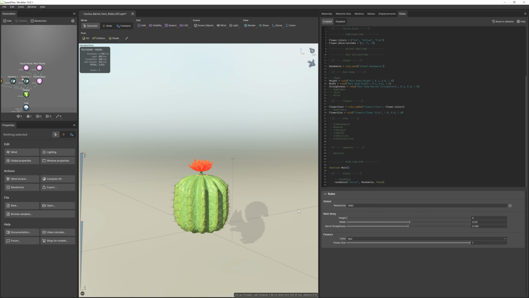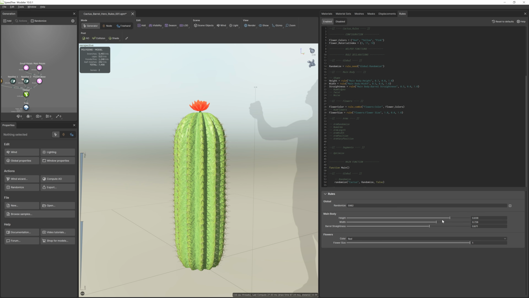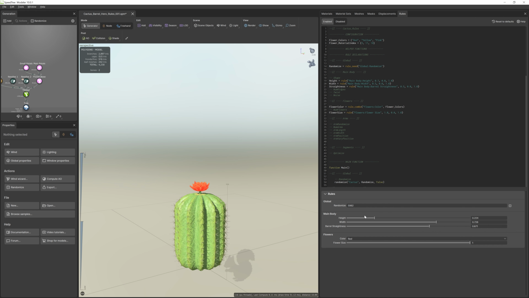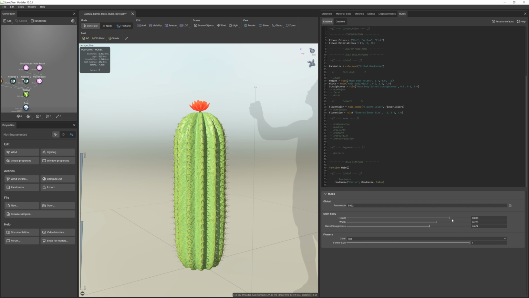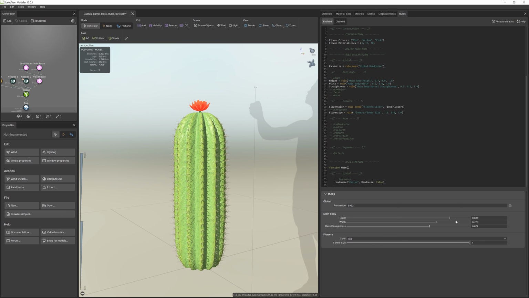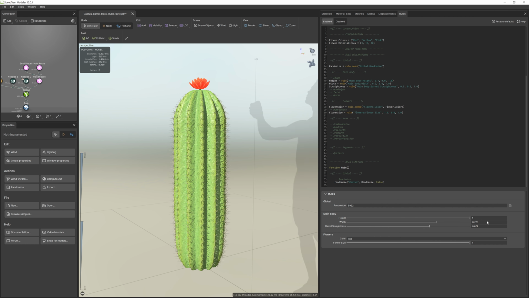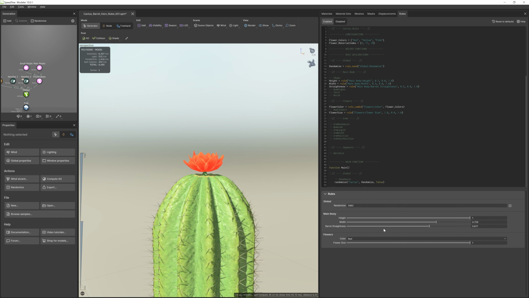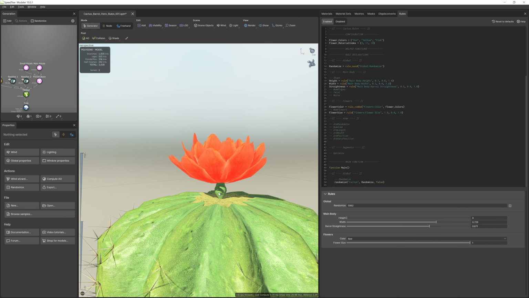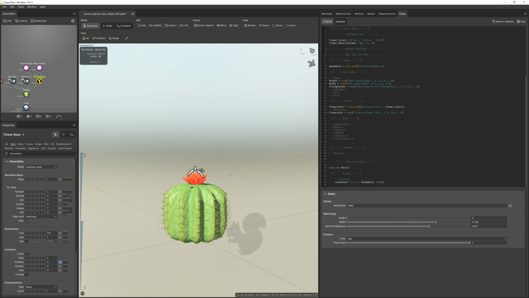Now, as you're working, it's always a good idea to play around with the rules you've already written to make sure that everything is interacting together well and that nothing unexpected is happening. So far, everything looks good, but can you see it? Something is happening with the height rule. It's very subtle, but when I increase the height, the flower is sinking into the model. So you can see it better, if I adjust the original first and last values, it becomes even more pronounced.